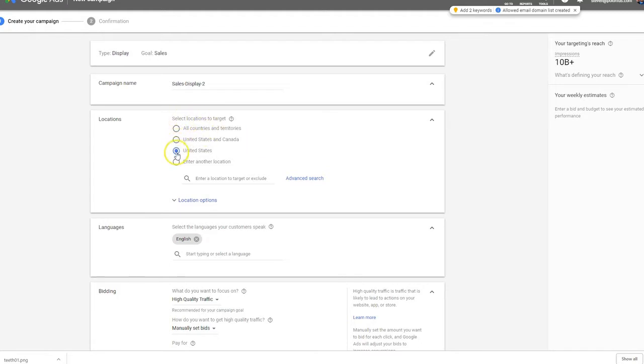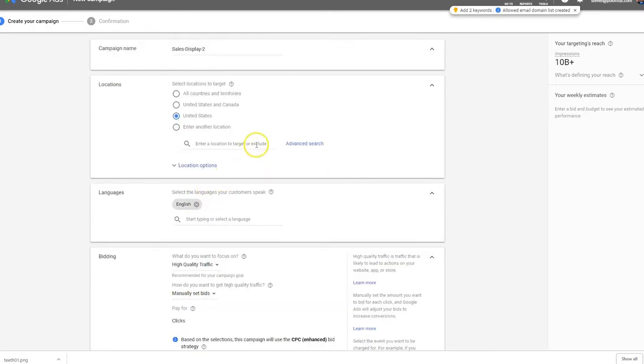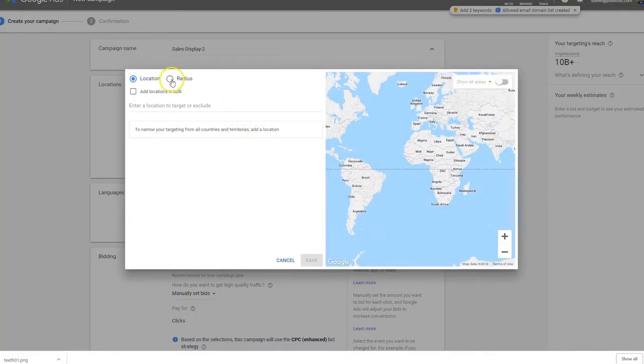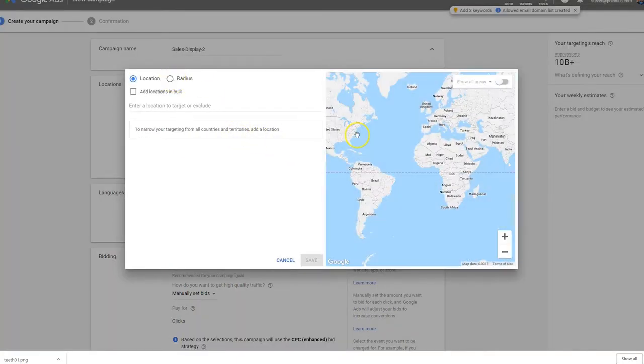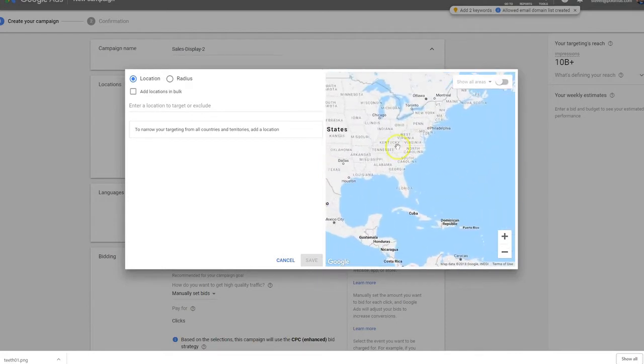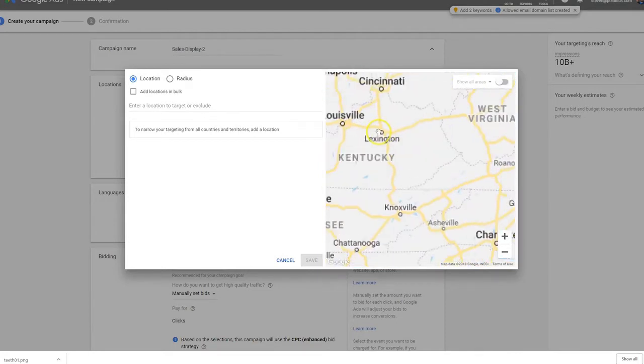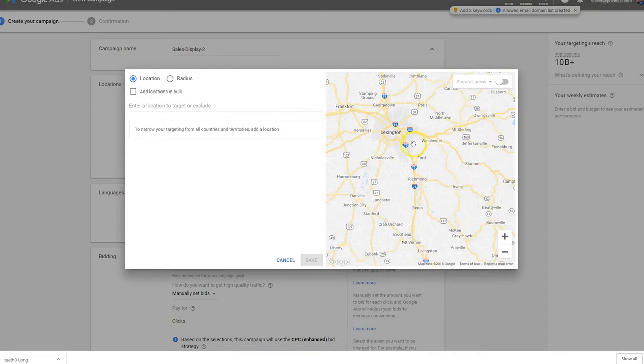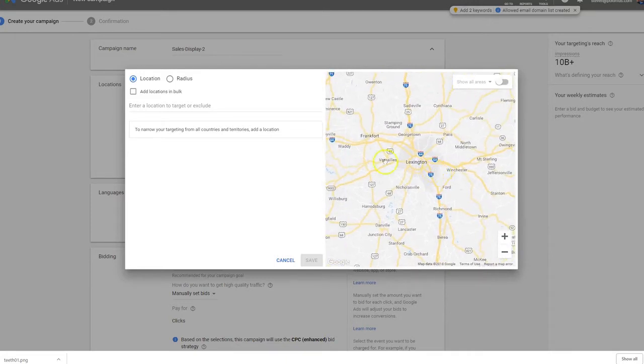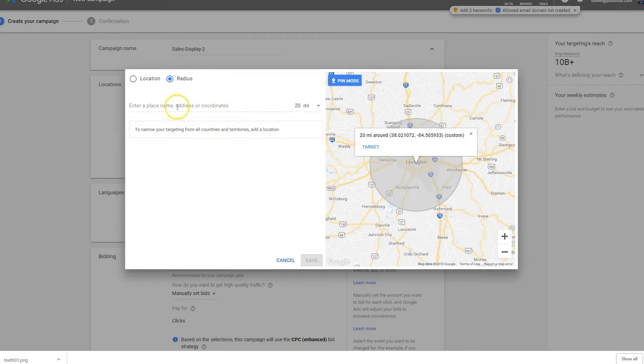Now let's say we're going to operate inside the United States only, so we won't mess with the location at all. Although if you really wanted to, you could add cities, zip codes, states in here. You could even go to advanced search, and you could narrow in on one little neighborhood. Let's say you're a door-to-door teeth whitening kit salesman and you wanted to do some local area stuff, generate leads in the local area. You could drop a pin right there inside of Lexington,